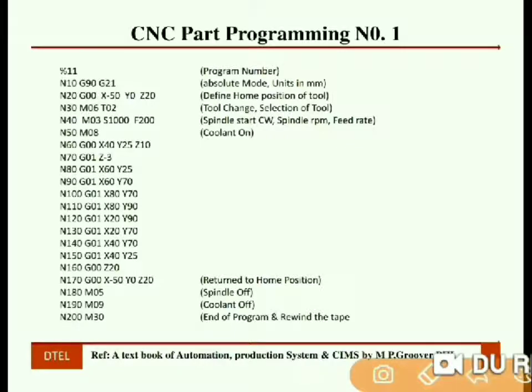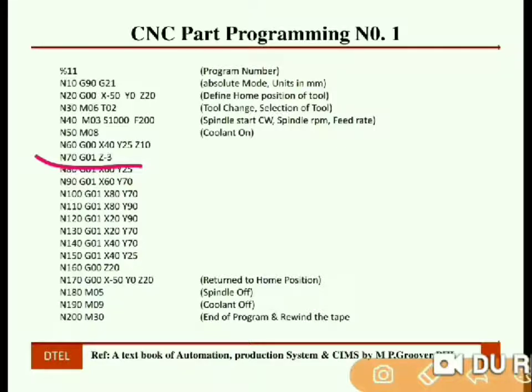For that purpose, we have used G01, linear interpolation in the downward Z direction, and the depth of cut is minus 3. Why minus 3? So we assume that the operator has set the position,